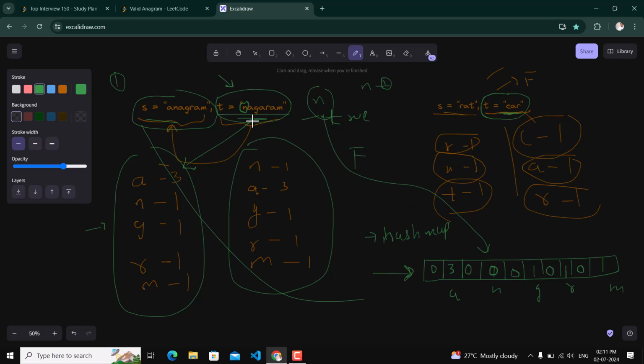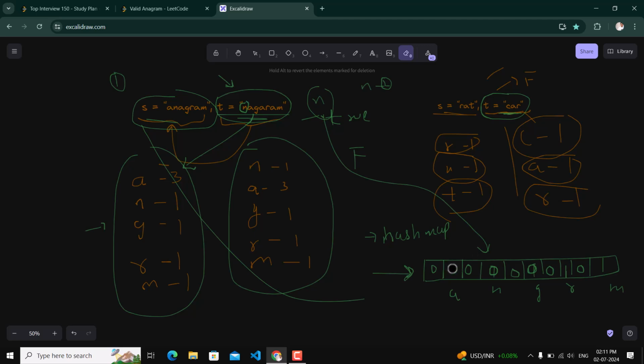The same we will implement in the case of a. a is 3, so we will reduce its value, so it will become 2. Now g, so g becomes 0. Then again a, so a becomes 1.